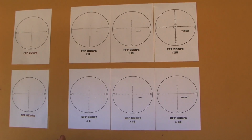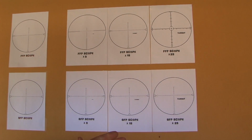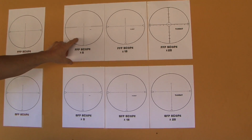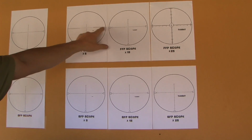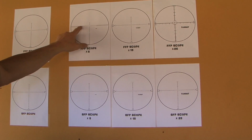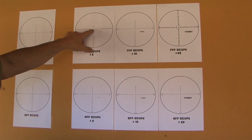A lot of hunting people want to do that. You want to see more of the area you're shooting in, so you want a bigger field of view. Then you zoom out, this is what you're actually getting. You're getting essentially these little corners here turn into these big lines. Some scopes have nothing here. Most will tend to have these large guidelines, and they are to point you to what becomes a very, very